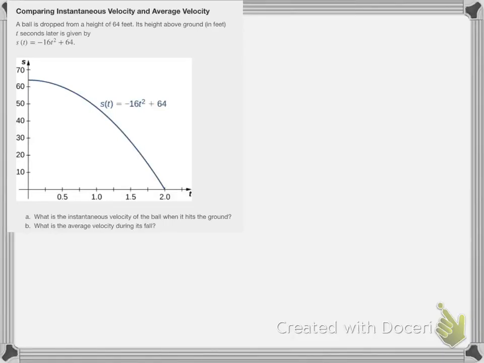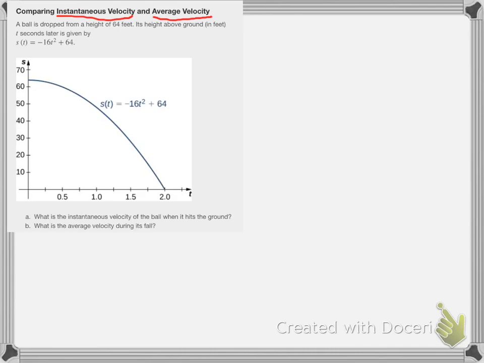Let's compare the instantaneous velocity and average velocity using the following example. A ball is dropped from a height of 64 feet. Its height above ground in feet t seconds later is given by s of t equals negative 16t squared plus 64. And if you take a look at this graph,